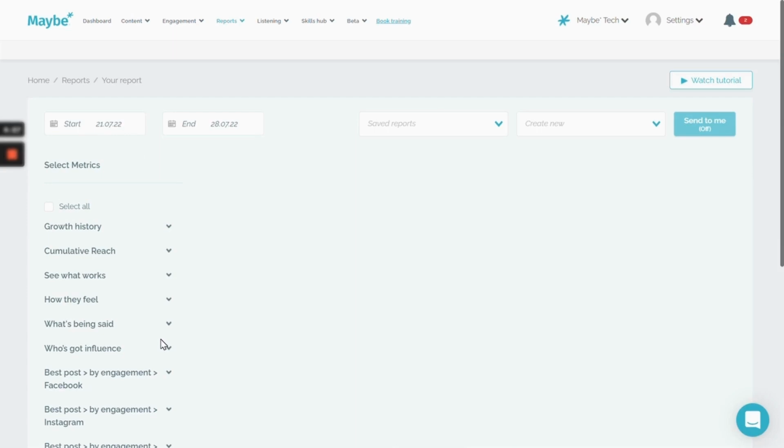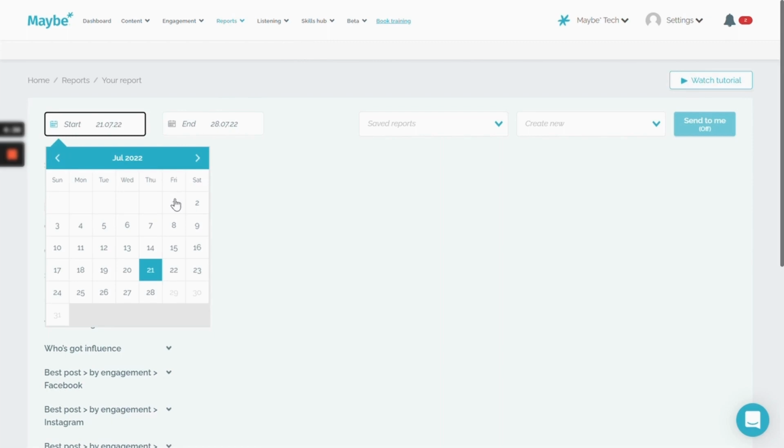Going to show you a handy little hack for managing the use of your hashtags. So to do this, I'm going to take you to the report section of Maybe. So from within report, choose your report. Now it will automatically default to the last week, but let's go back in time and look at a month's